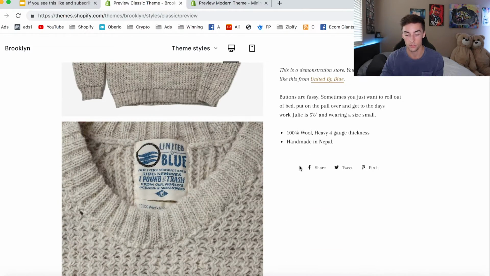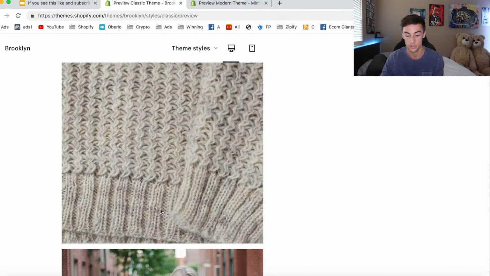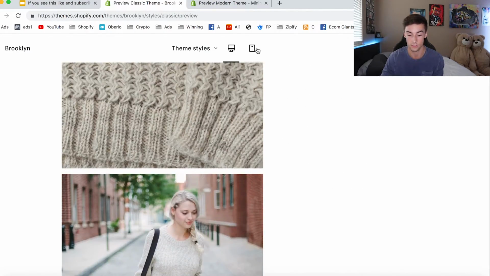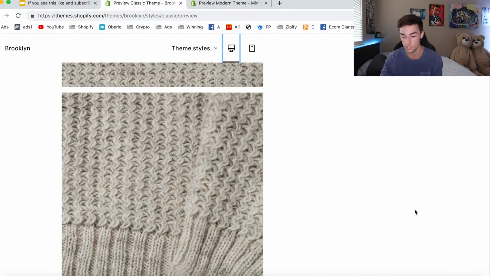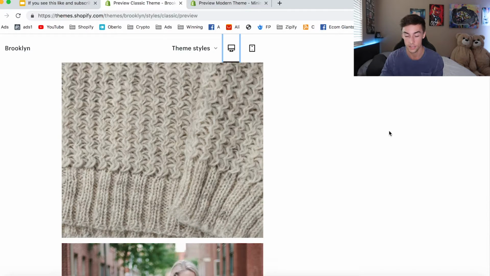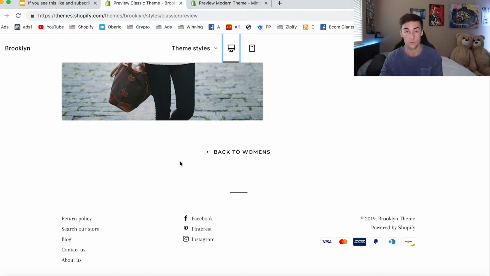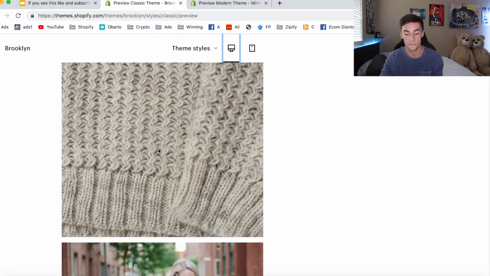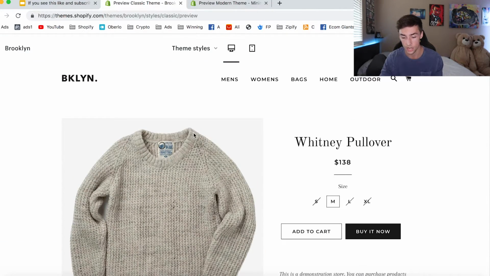So one thing I really like about Brooklyn is the fact that they show all the pictures underneath each other. So if you have a nice long description, it will be right next to the photos. So usually there'd be a huge description with more images on this side, and now you have images on this side describing why you should buy this product, along with images on this side that shows the product in use, shows people using the product, wearing the product, whatever the product is, it shows more content of that one item. So now the customer can look at the description and look at the product at the same time if they're on their desktop. So that's really why I like Brooklyn.